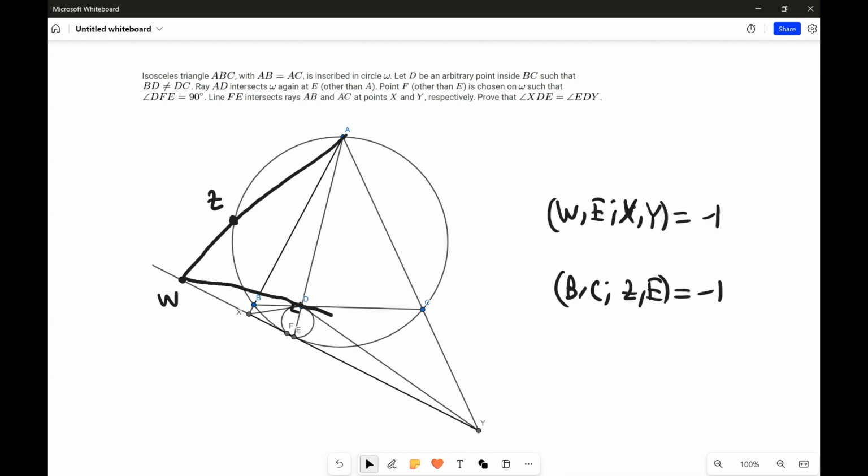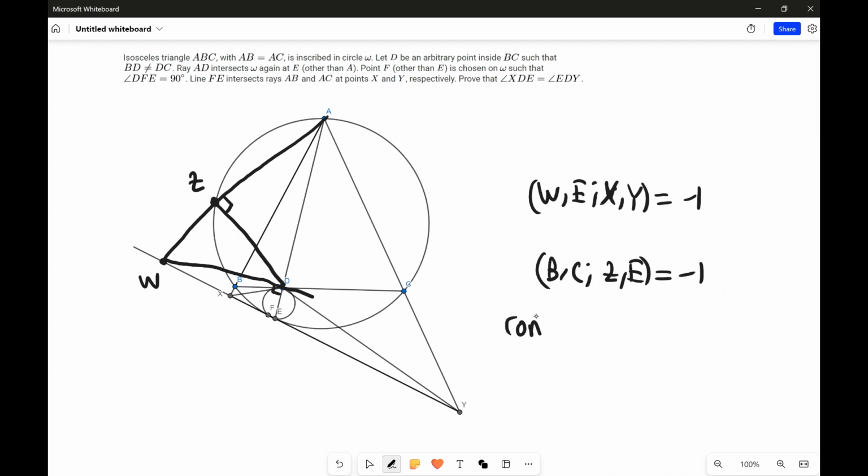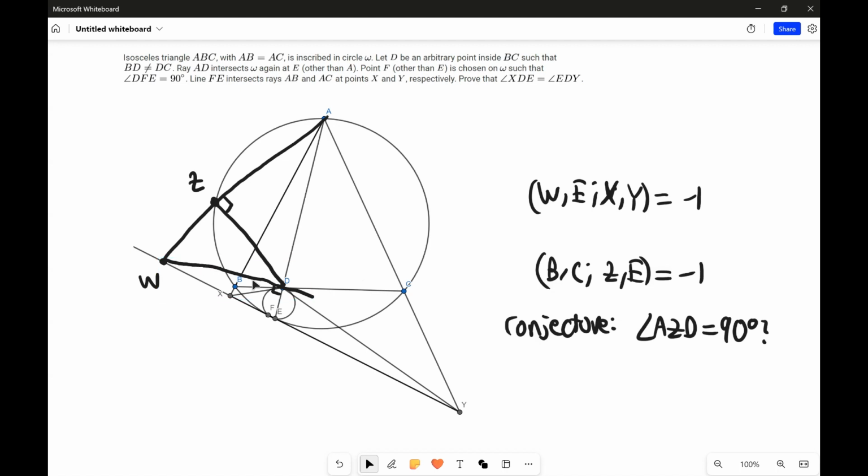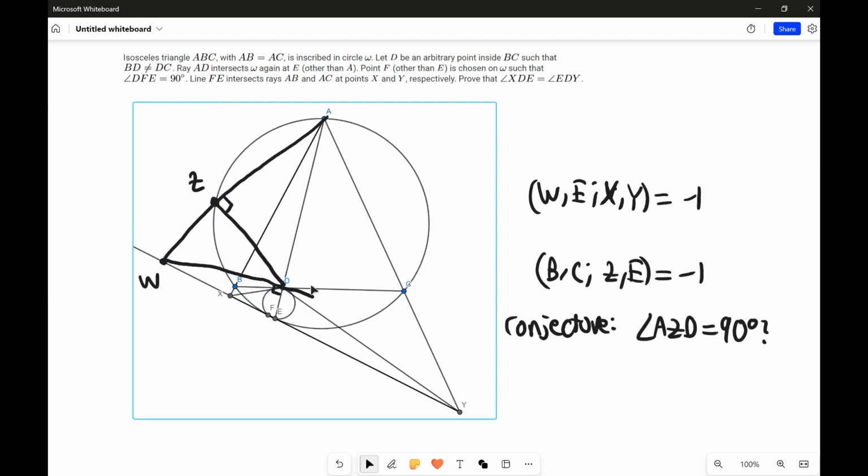But now we suspect something quite interesting. We suspect that the angle AZD is equal to 90 degrees. So we conjecture that angle AZD is equal to 90 degrees. And given that we have this tangent to this circle here, in fact, WD is a tangent to the circle with diameter DE because it's perpendicular to DE. And we have this right angle here, and the same motivation that we used to construct this diameter